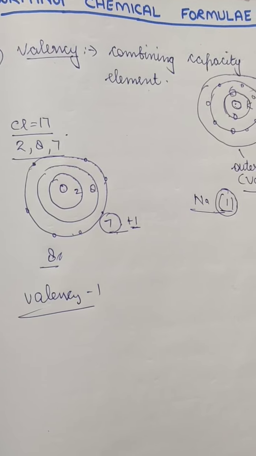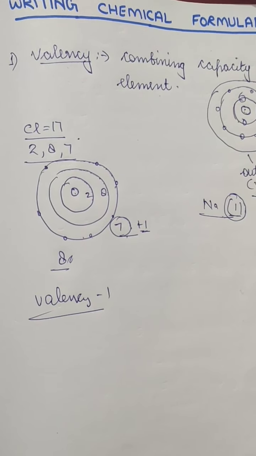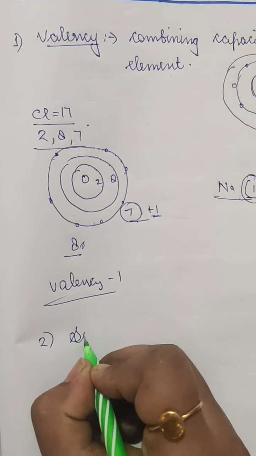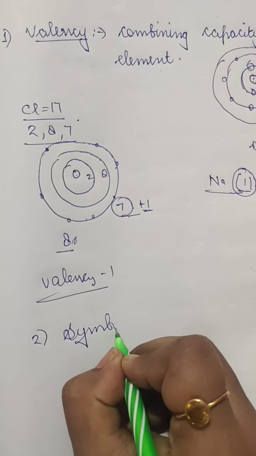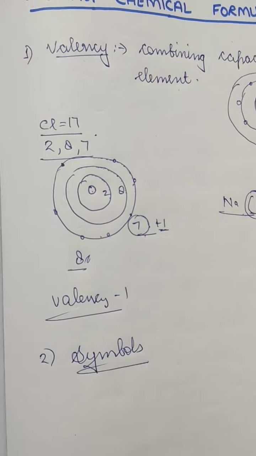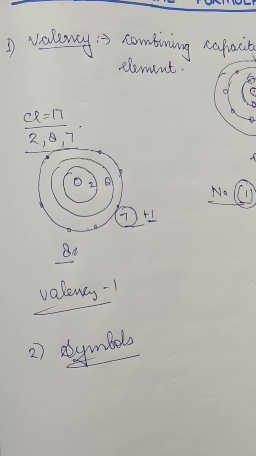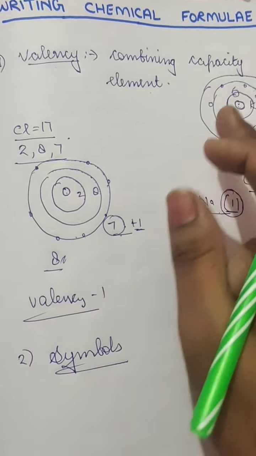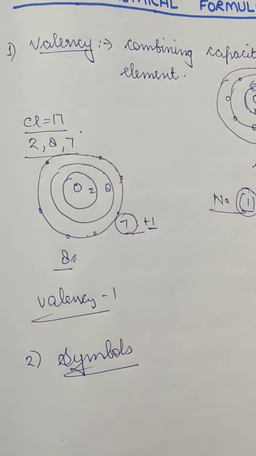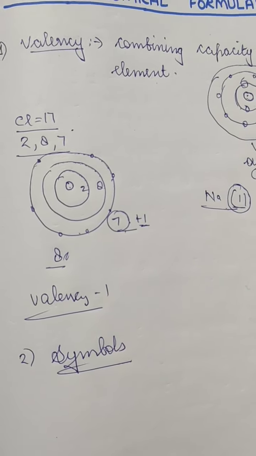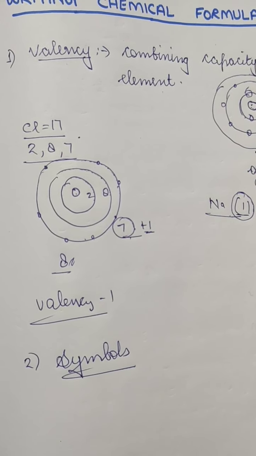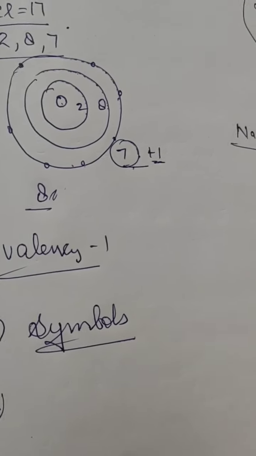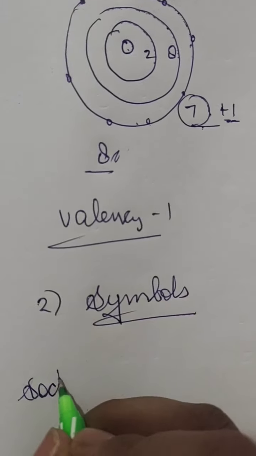So for writing the chemical formula, first we should know the symbols, and the other one is valency. The second is symbols. We should know the symbols of our elements, what is the symbol of any combining element. So two things which we require to write the chemical formula are, number one, the valency of the elements which are combining, and the symbols of the elements which are combining. So to write the formula of sodium chloride,